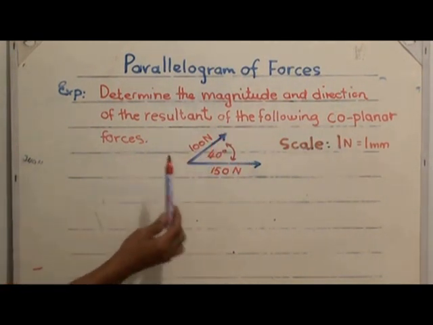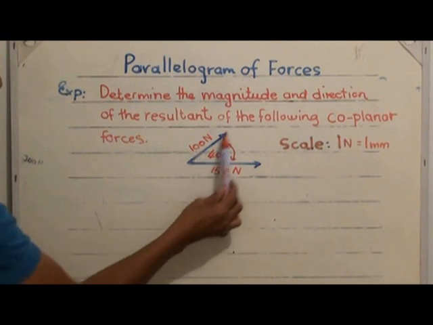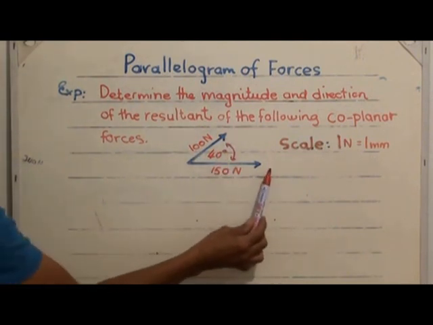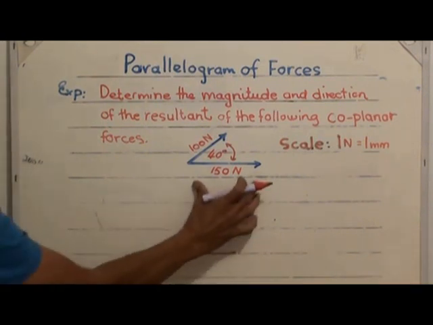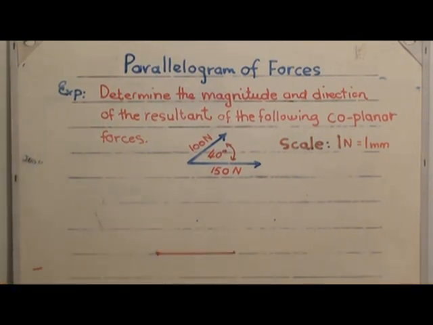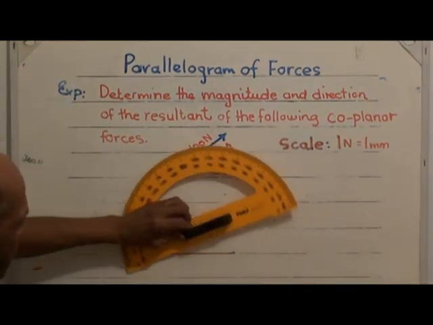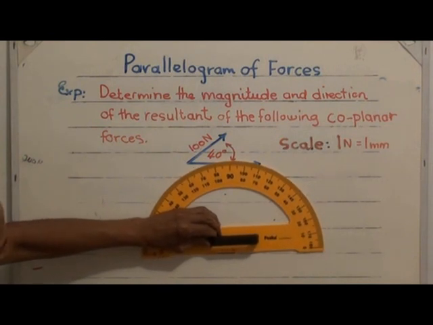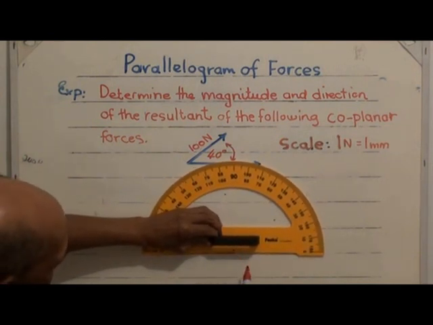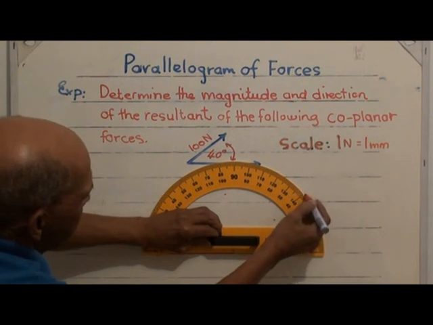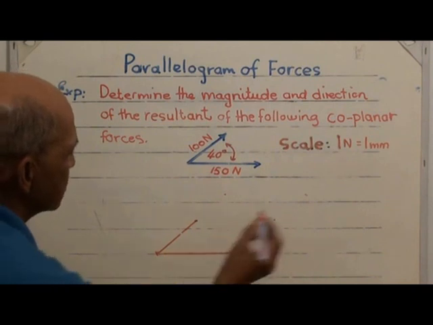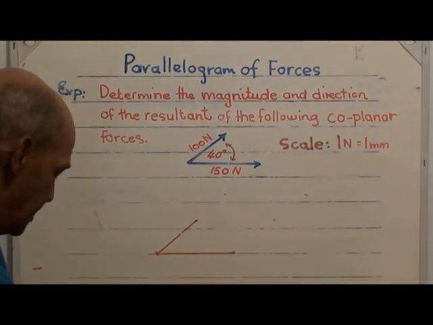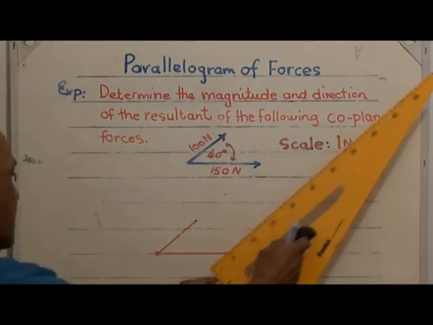Coplanar forces. We got two forces, pulling forces, 150 Newton. That's my first one. 150 Newton, according to my scale. 40. It's on the dot there. There's different ways to do it. That's 10, 20, 30, 40. So I can mark there. Now I've got the mark of the 100 millimeters. So I connect